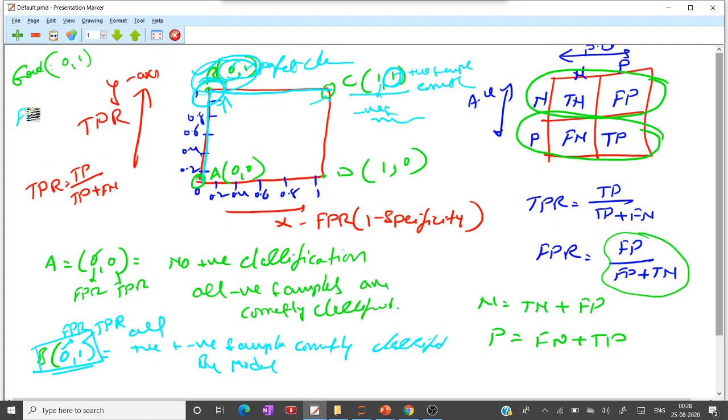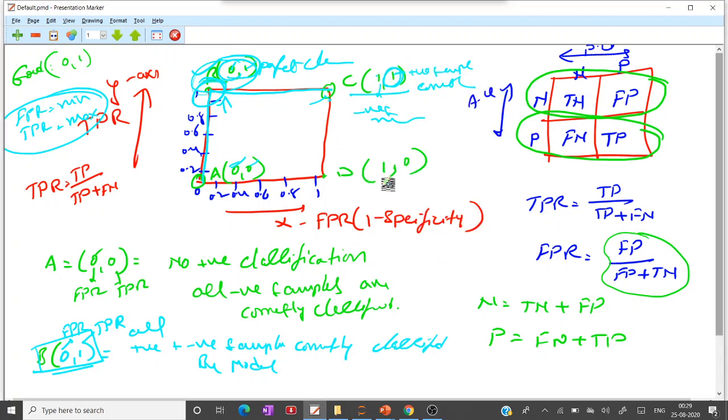When FPR is minimum and TPR is maximum, that is the perfect classifier. At point A, FPR is minimum, that's why there is no positive classification and all negative samples are correctly classified. At point C, all positive samples are correctly classified and negative samples are misclassified.